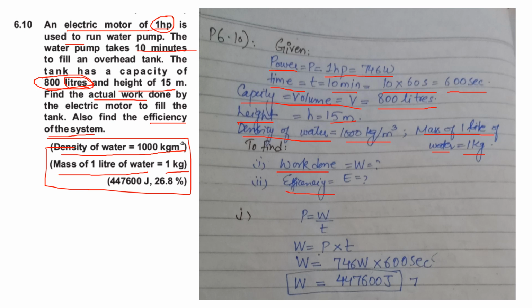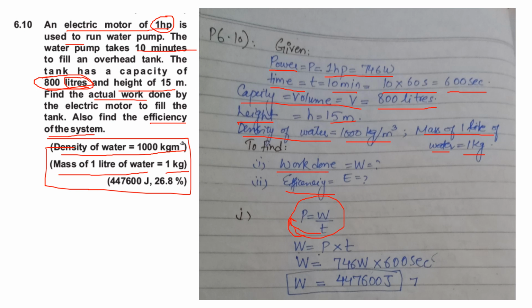First of all, you know the formula for work. But you see in the data, the force is not given to us. Distance, sorry, distance in the form of height is known to us, but force is not given. But you see that the power and time are also known. So if you know the formula of power, P is equal to W by T, and if you take T on the other side, you can also calculate the work done from this formula.